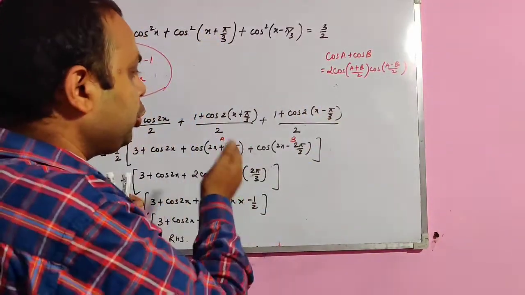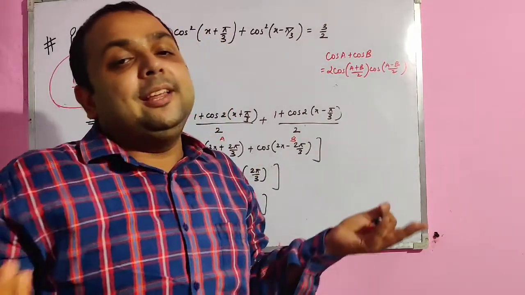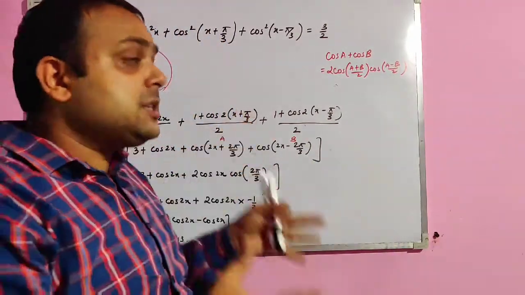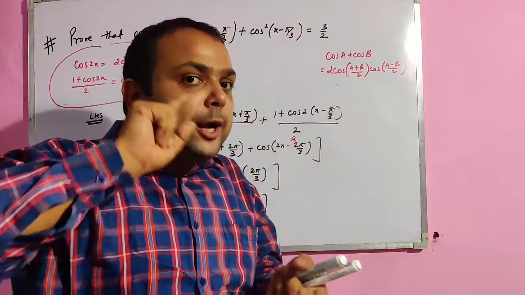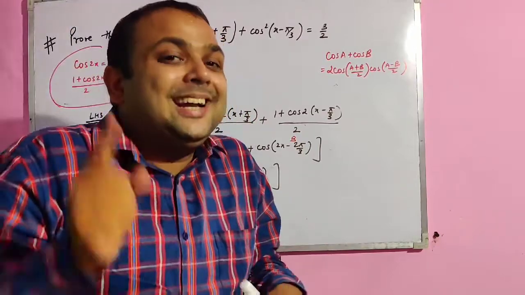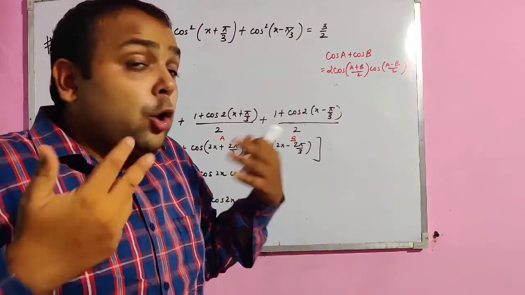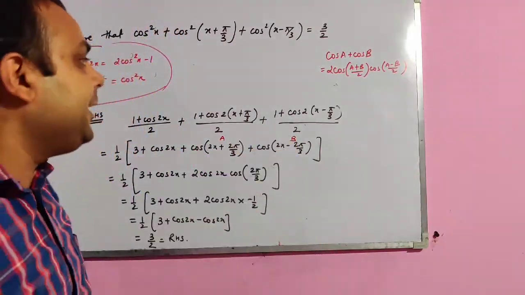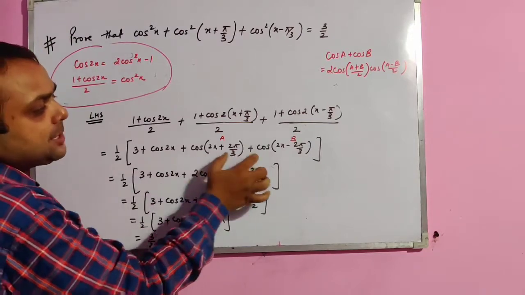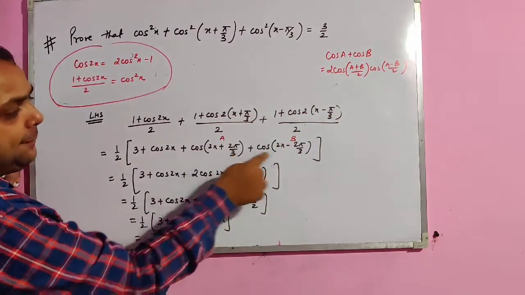If you know how to apply the identities, you can easily solve the problem. So you first go through each and every identity and try to solve one problem for each identity. That will help you understand more, and it will make your confidence stronger in the identity topic. Now this is cos A plus cos B, applying the concept of A plus B.